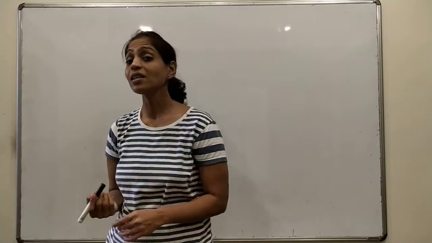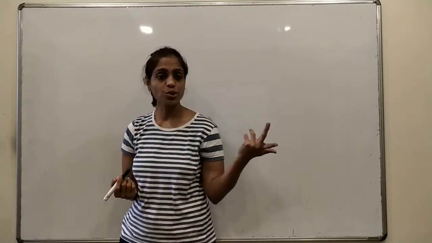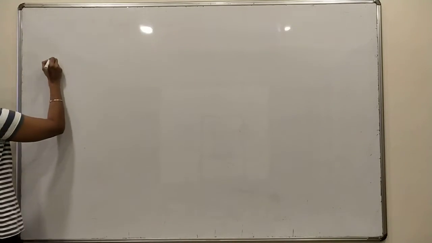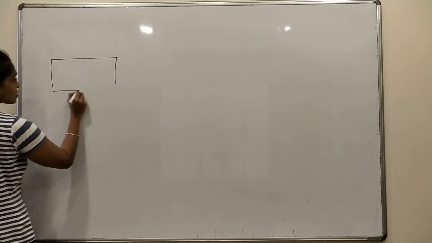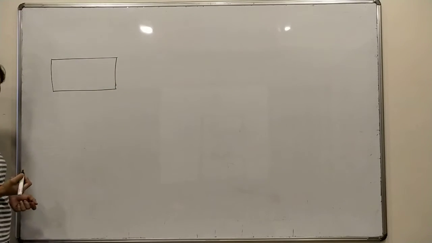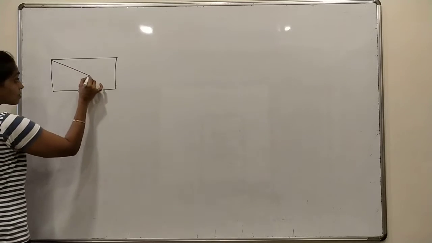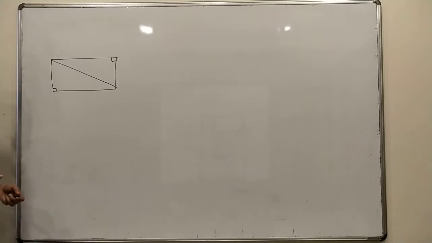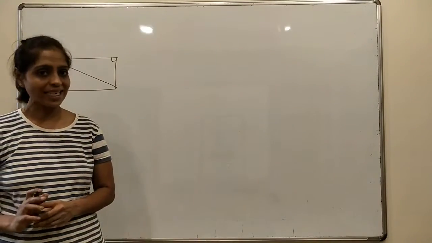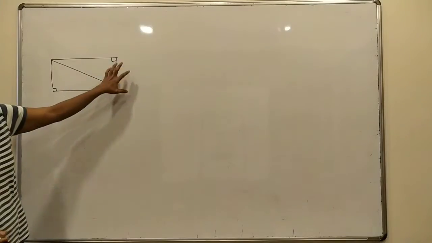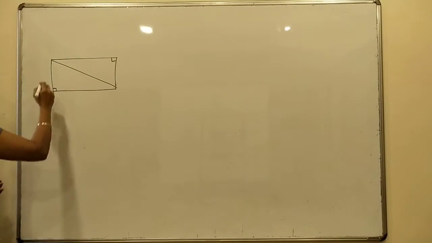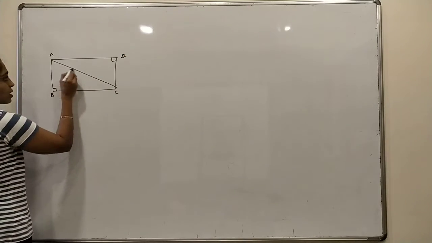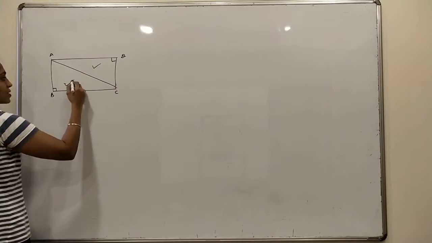Rectangle area. A rectangle is a kind of quadrilateral, with 4 sides. It is also made up of 2 triangles, right? And both the triangles, because in a rectangle all the 4 corners, 4 angles, are 90 degrees. But if I consider ABCD is a rectangle, its diagonal divides it into 2 parts.